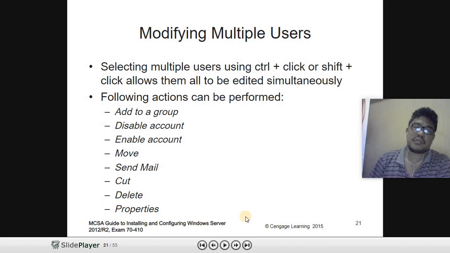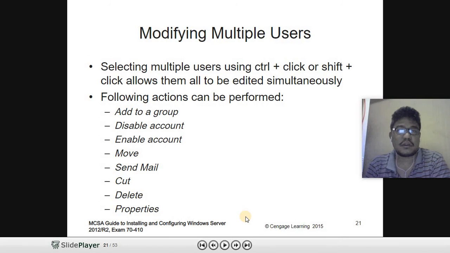Selecting multiple users using Control plus click or Shift plus click allows them all to be edited simultaneously. Okay. So, parang sa Visual Basic, we press Control and then we select all the objects that we are going to edit, especially objects that are the same type. And then, kung may babaguhin ka lang, let us say, edit lang natin yung color. So, lahat sila, isang kulay lang. So, in our example, sa organizational unit,